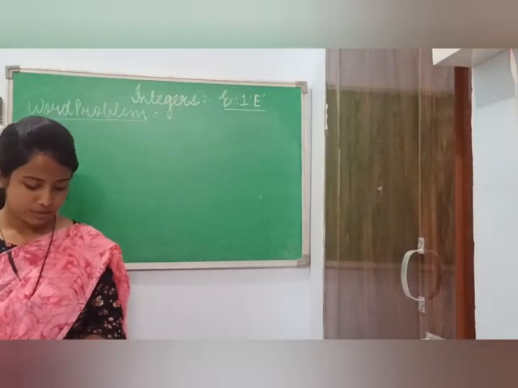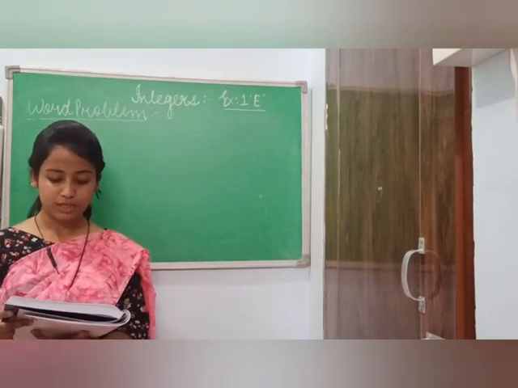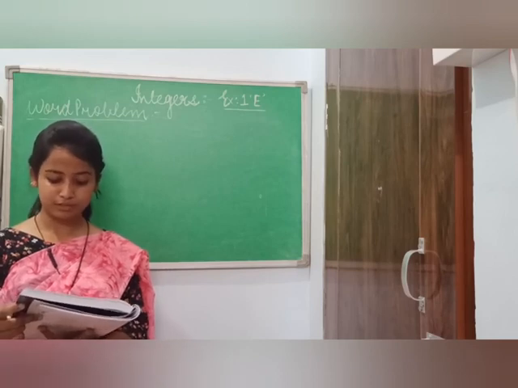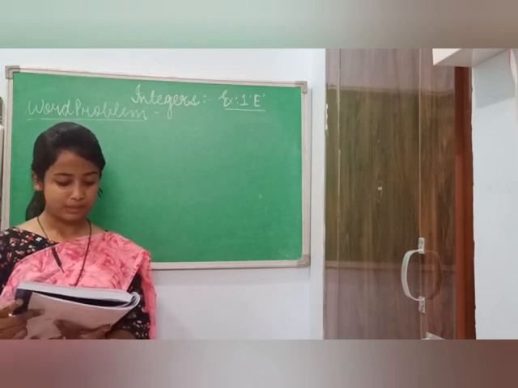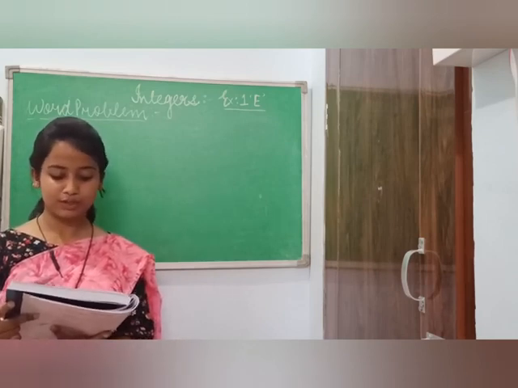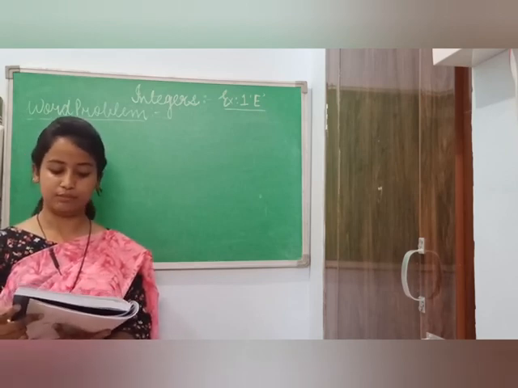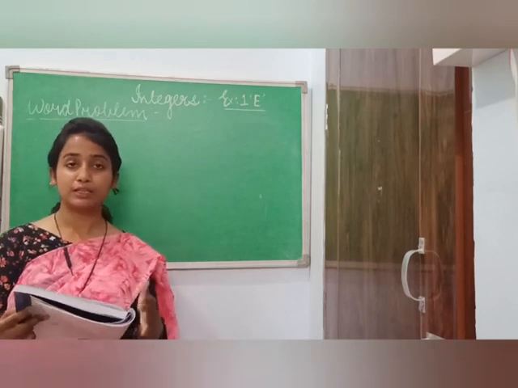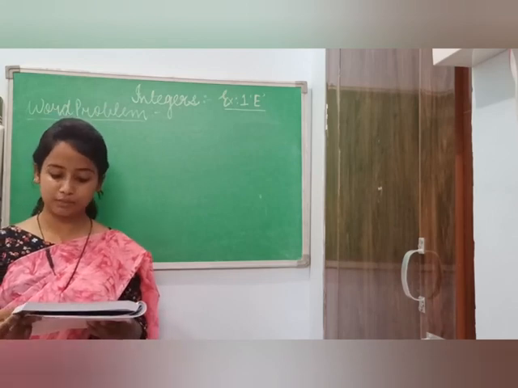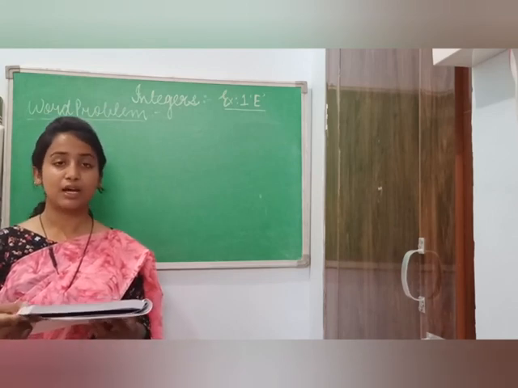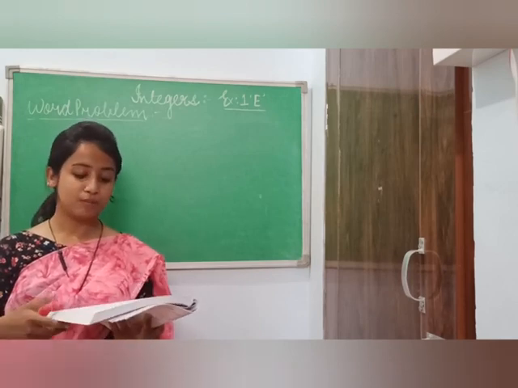Coming on to the next question, that is question number 3. The question says that a plane is flying at a height of 6,300 meters above sea level. At a particular point, it is exactly above a submarine floating 1,400 meters below sea level. Find the vertical distance between them. Therefore, the height of a flying plane is given, which is 6,300 meters, and next it says that a submarine is floating 1,400 meters below the sea level.